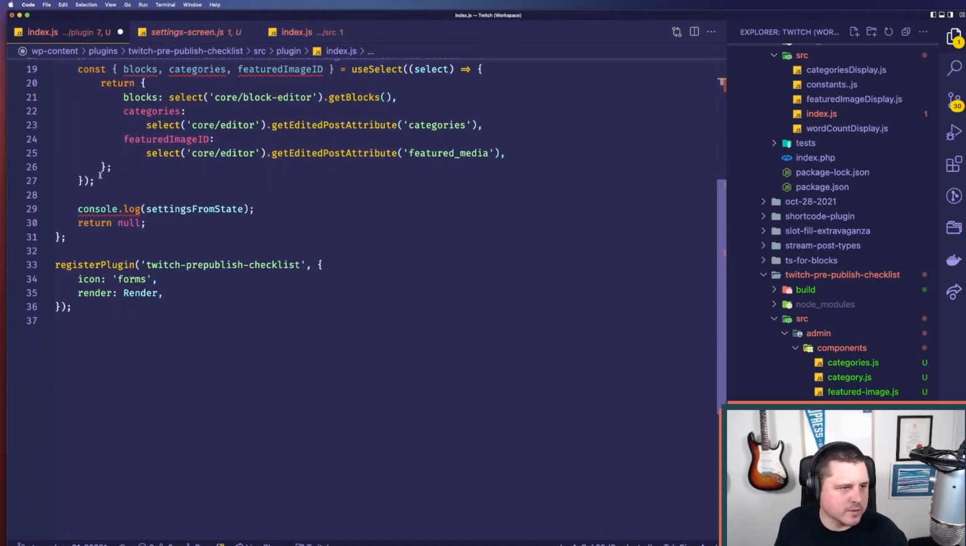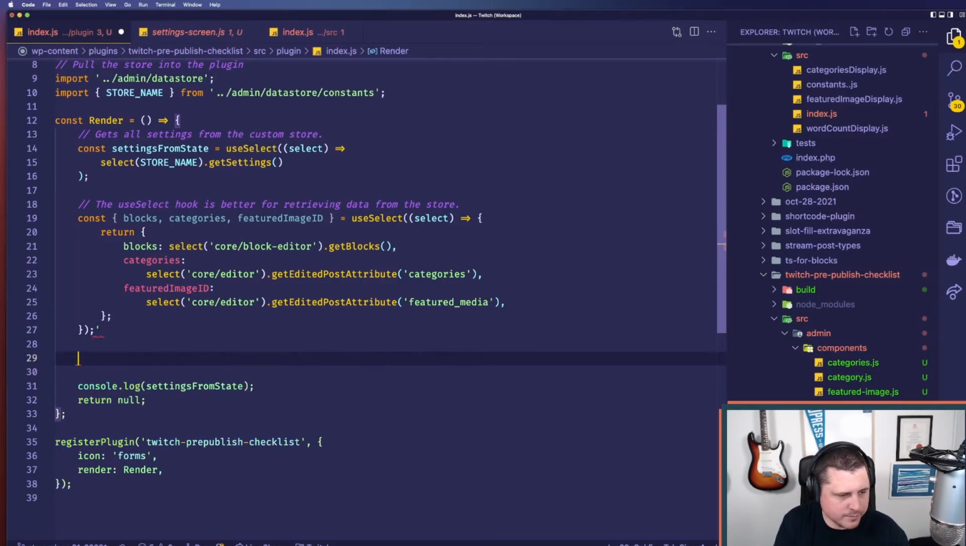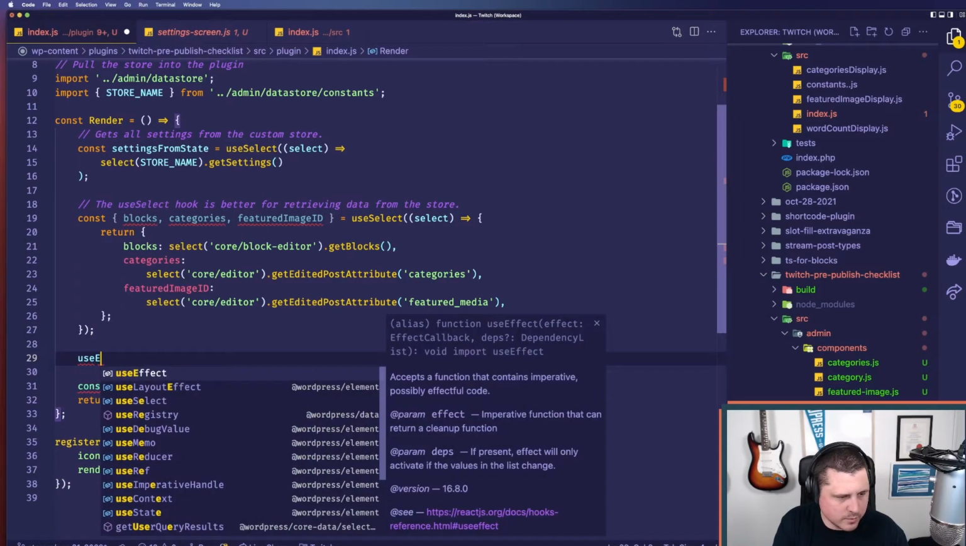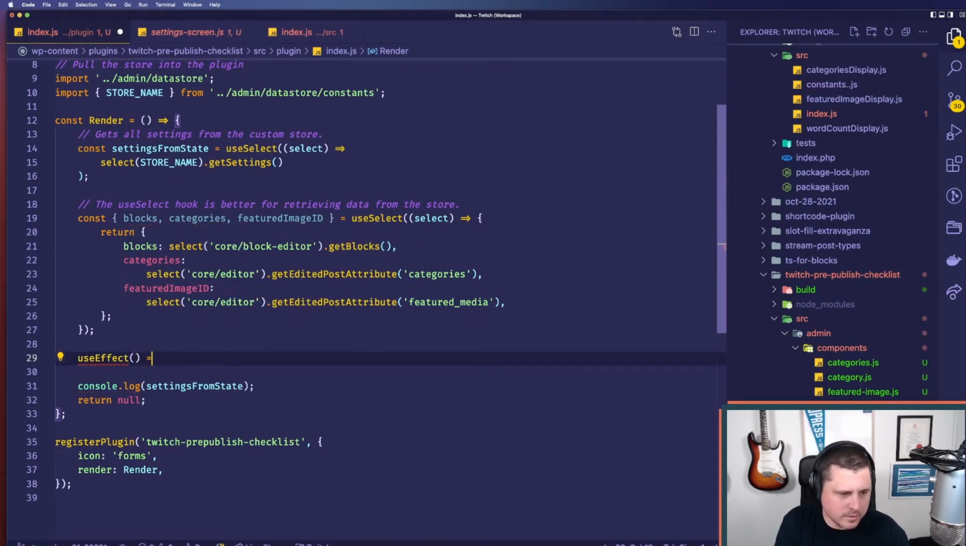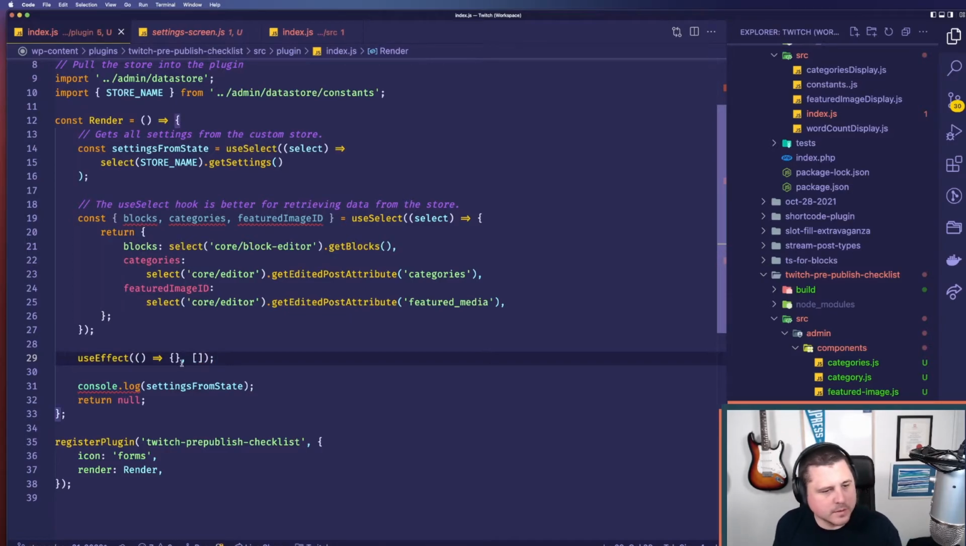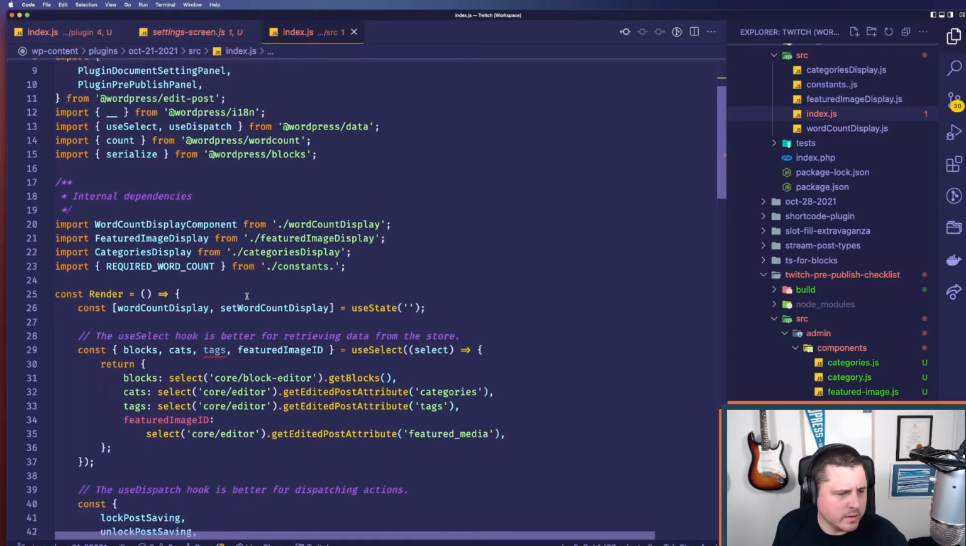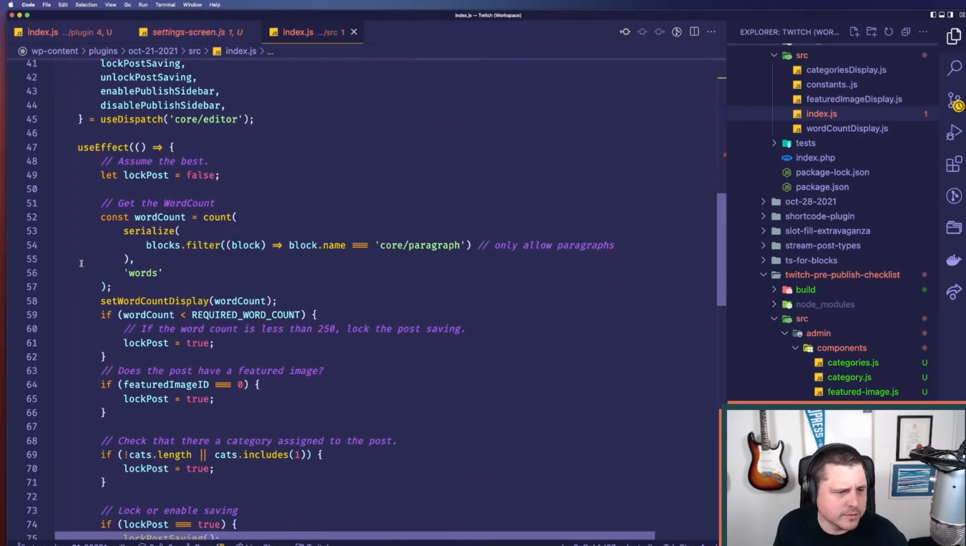I set up a useEffect hook. I'm going to do it over here. Use effect, and then, yep. And then we're going to set this on blocks right now, because blocks is what we're going to be using to check the word count. What did I paste in there? Okay. All right. So in here, in our useEffect, we're going to,